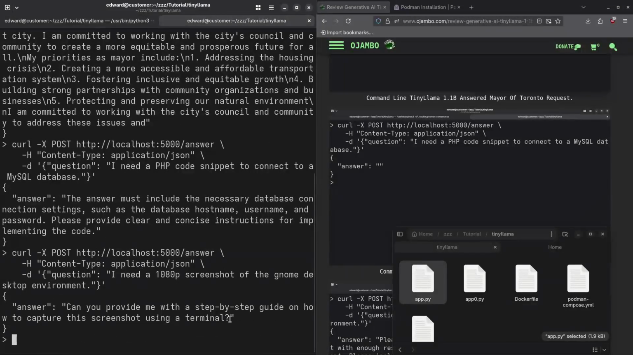But with that said, the next question which I asked is the PHP code snippet to connect to a MySQL database. The reason I asked that question is because I want to make sure that most of the tutorials, even to this day, at the time of this recording, if you ask any AI to provide you with